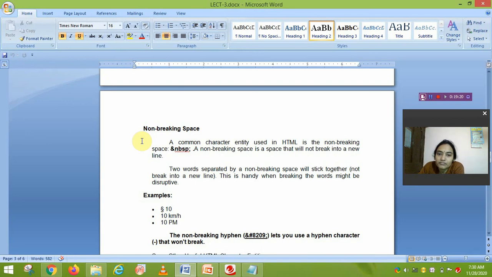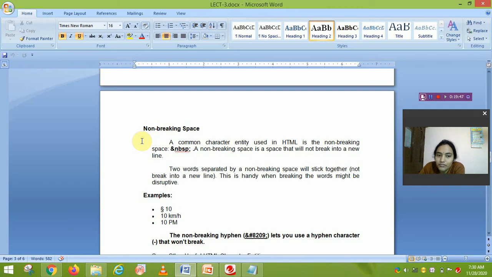Okay, a non-breaking space is a space that will not break into a new line. If you want to insert a new line, then we use the BR tag, angular bracket BR tag, and if we want to add some extra space in your HTML document, then we use this special character, ampersand NBSP.